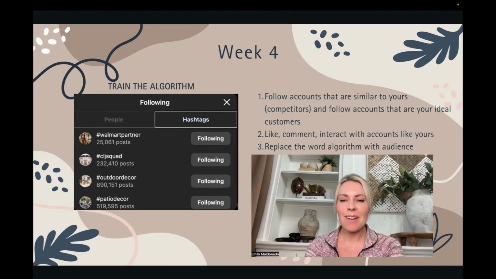And the final thing that I want to point out on this page is an exercise. This exercise is designed to get you to think about what the algorithm, or the algorithms, plural, in Instagram are really about. Every time that you are tempted to say the word algorithm, I want you to replace that word with audience. So if you're tempted to say, oh, the algorithm didn't push out my content, it didn't like it, think about, well, your audience didn't like your content and that's why it wasn't pushed out.